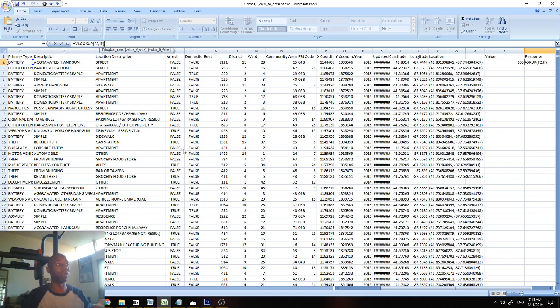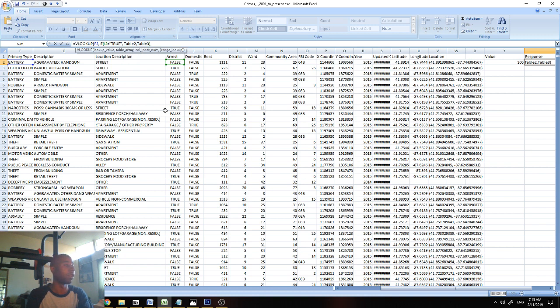It's a logical test, as it says there. So you're going to put I2, which is that column for arrest. If I2 equals true, then table 2, if not, or else, table 3,